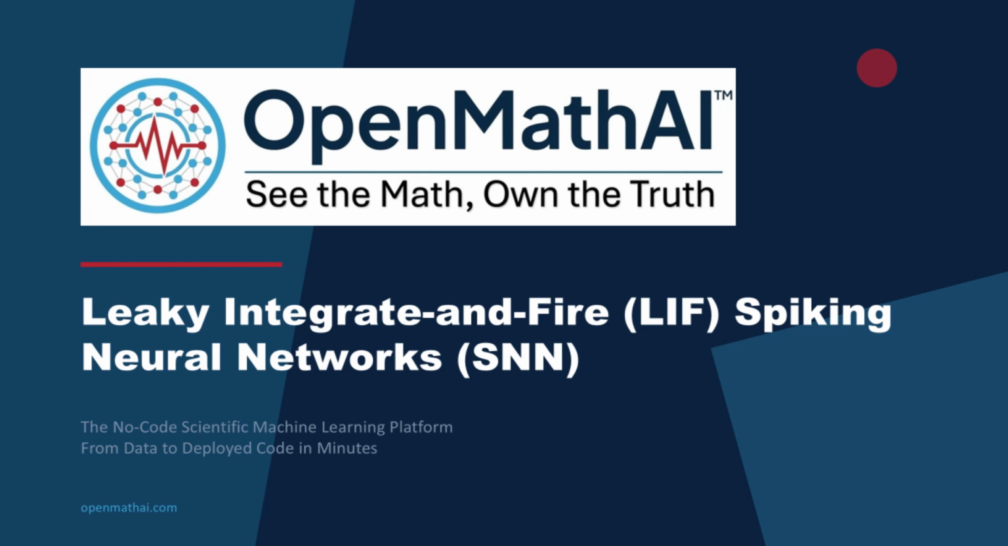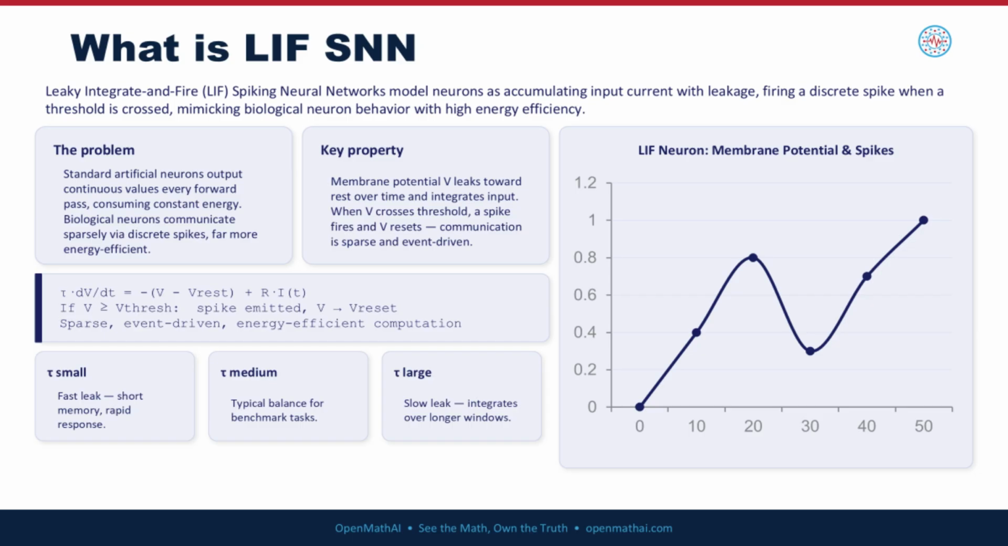In this video, we are going to learn about the Leaky Integrate-and-Fire spiking neural network using OpenMathAI. So, let's get started. What is a LIF SNN? A Leaky Integrate-and-Fire spiking neural network is a type of spiking neural network designed to process information using neuron-like electrical spikes. Unlike traditional neural networks, which continuously pass numerical values between neurons, a LIF SNN represents information through